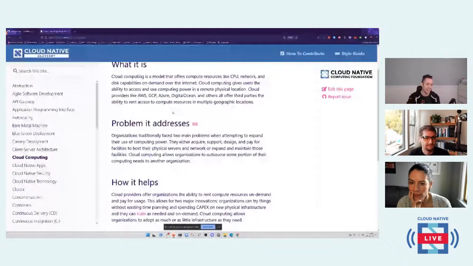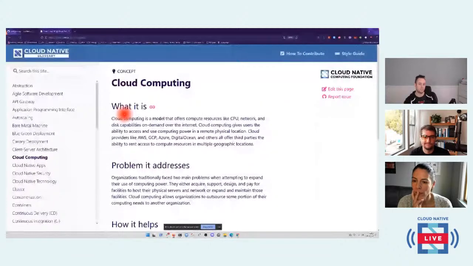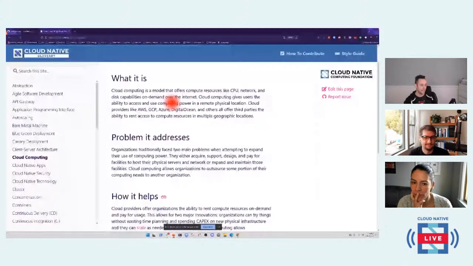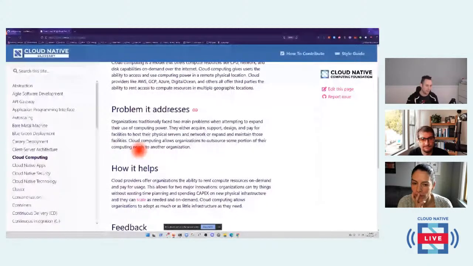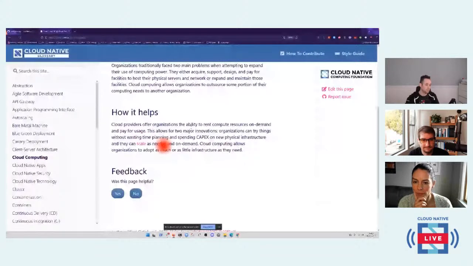I will answer that, and I absolutely can't wait to have you help us with this. For each one, we basically drop it into three categories. What is the thing that we're talking about? What is the intended problem space, or the problem we're trying to deal with? And then how does it help? Really simple. What's the thing? What's the problem? What does it do about the problem?